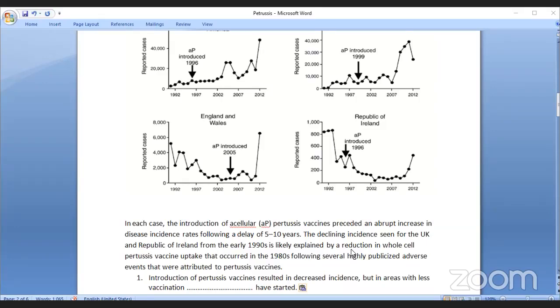But the declining incidence seen for the UK from the early 90s is likely explained by reduction in whole cell uptake. Introduction of pertussis vaccine resulted in decreased incidence, but in areas with less vaccination,